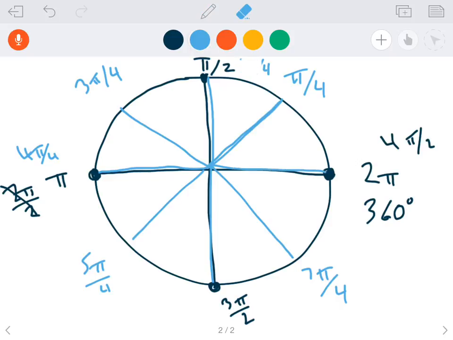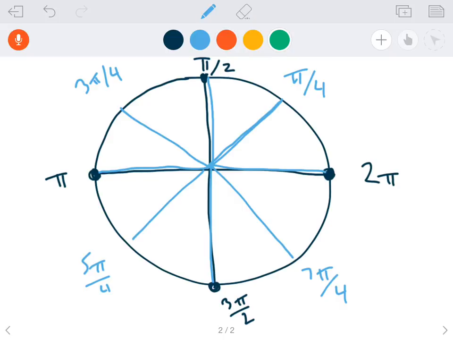Let me clean this up a little bit before we go on, just leaving the major information. Okay, so I've got all my pi's, I've got my pi over 2's, and I've got my pi over 4's. Those are all settled. Now let's do the pi over 6's. I'm once again going to count around by pi over 6. Here's 1 pi over 6, 2 pi over 6,